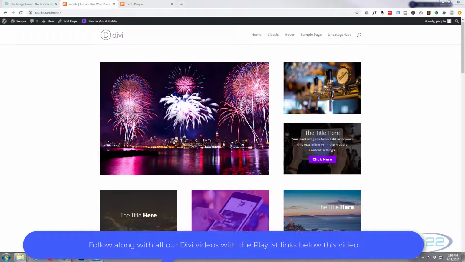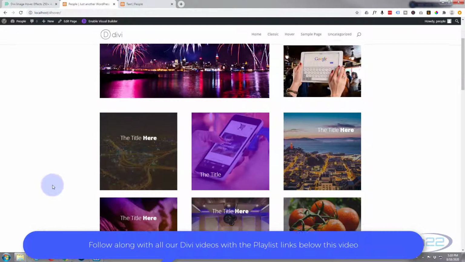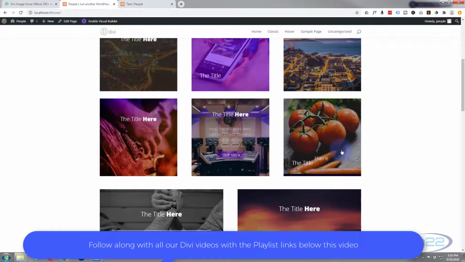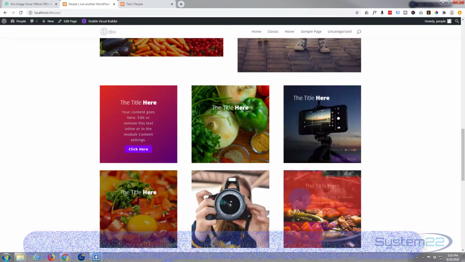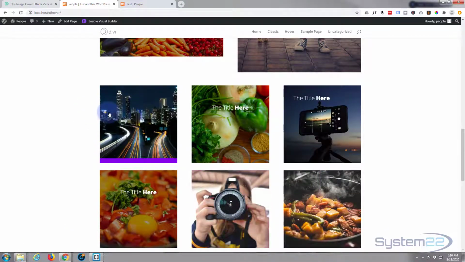Well, we've been showcasing a great plugin for Divi. It's called Divi Image Hover Effects, and they've got some marvelous effects here. Really easy to use. I think there's over 250 of them or so,